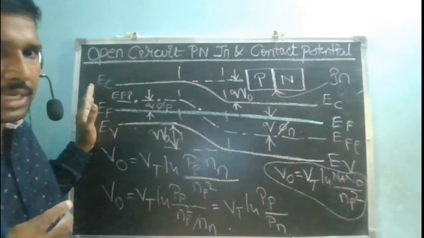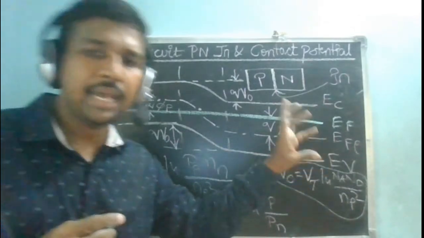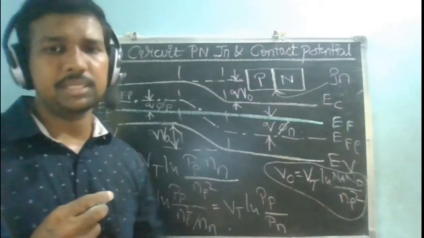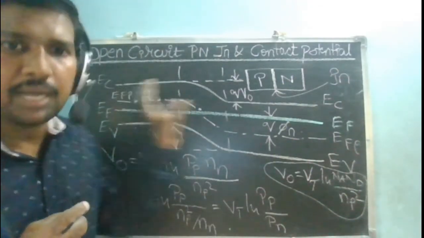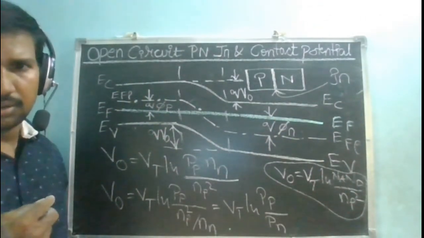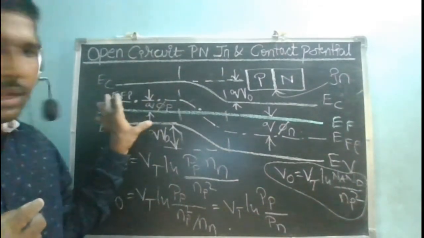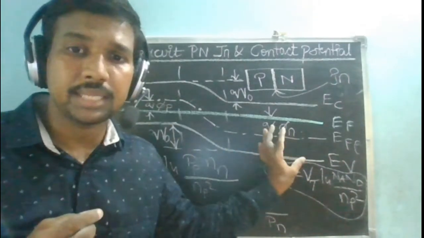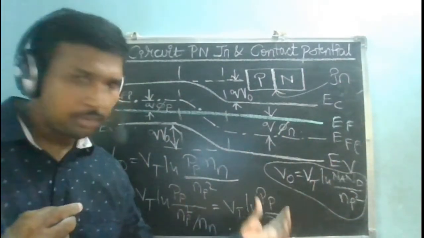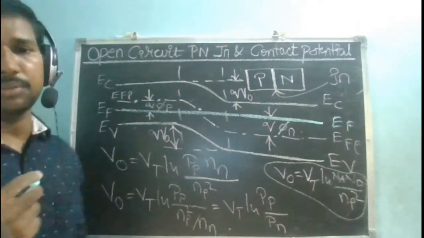Yes, sir. The holes in the p-type semiconductor are normally called majority charge carriers. When those holes have jumped onto the n side, they have become the minority charge carriers. So if I know the holes in the p side and the holes in the n side, then that ratio gives me my built-in potential. I need not look for Na, Nd or Ni square. Holes in my p side are majority charge carriers, holes in my n side are minority charge carriers. Taking the ratio of majority to minority charge carriers, taking ln of it and multiplying with Vt, I will get the built-in potential.